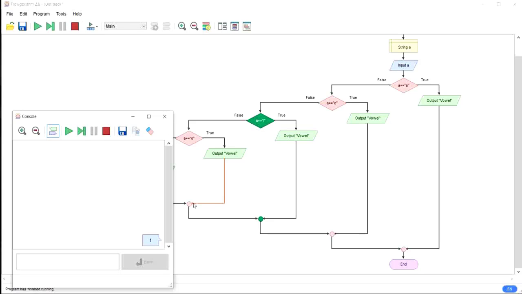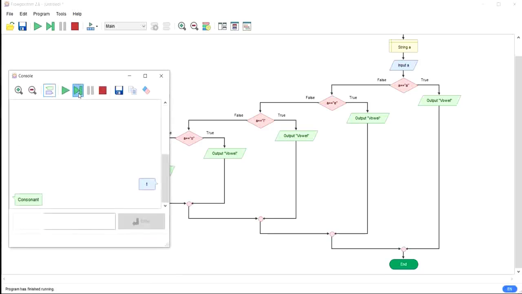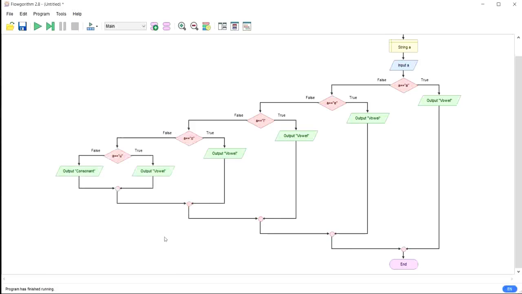Now the entered character is checked with I. It is also not matched with I. Now it is checked with the next vowel, that is O. This is also not matched with T. Now it moves to check with U. It is also not matched with U. So all the vowels fail to match T, and it prints consonant as output. Now it ends the process. This is the flowchart for this problem. Thank you.